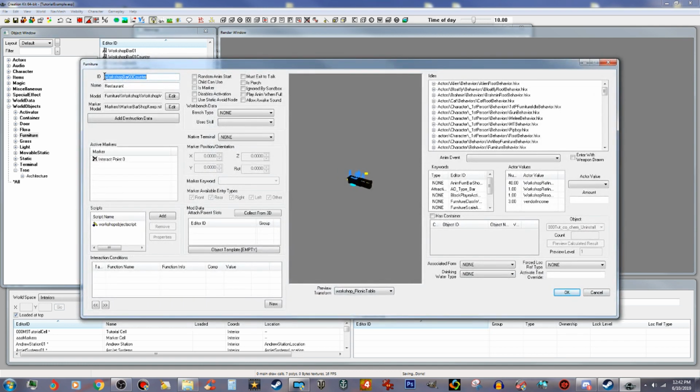And I'm going to rename it. Give it a new editor ID, 000 tut underscore workshop bar counter. I'm going to leave it as restaurant. I'm going to leave everything as it is in the game here, except